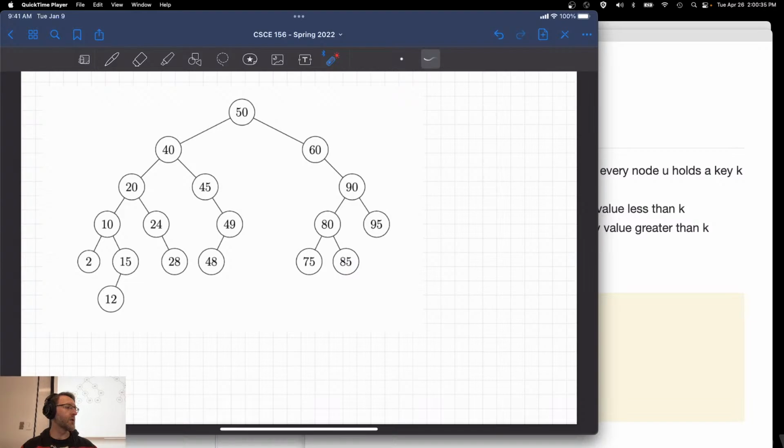The way that you go about searching a binary search tree is, of course, you start at the root. If you find the thing you're searching for, great. Otherwise, if the thing you're searching for is less, you go to the left. Otherwise, you go to the right. So obviously, you only have to go as deep in the tree as the depth of the tree. You'd have 1, 2, 3, 4, 5, 6, at most 6 comparisons here to find the thing deepest in the tree, or at least to find that the thing doesn't exist. For example, if you're searching for 13, if it exists, it would exist right here, but it doesn't, so we return